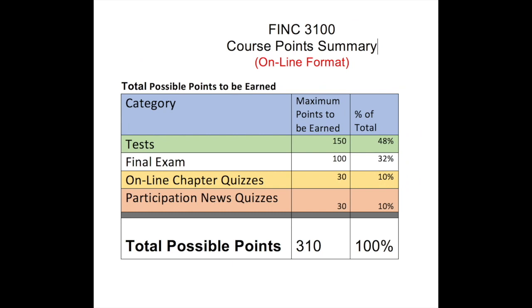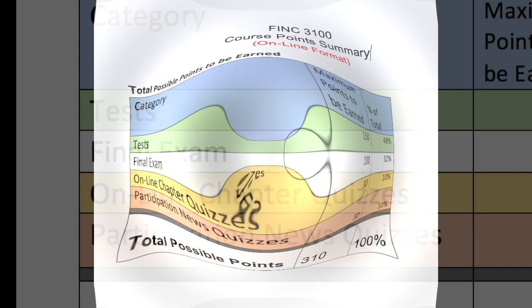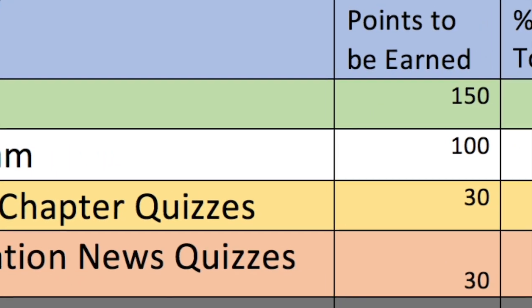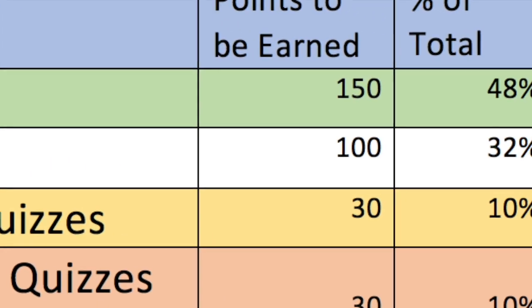So it's important that you try to get as high a score as you possibly can on part 1, the accounts type quiz. To do well in this course, it's important to do well on the final exam. The final exam accounts for approximately a third of all of the possible points that you can earn in this course. So again, to do well in the course, it's important to do well on the final